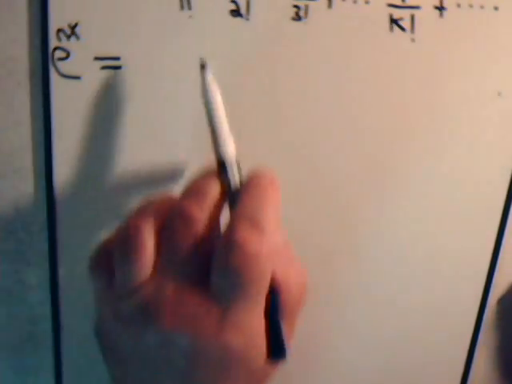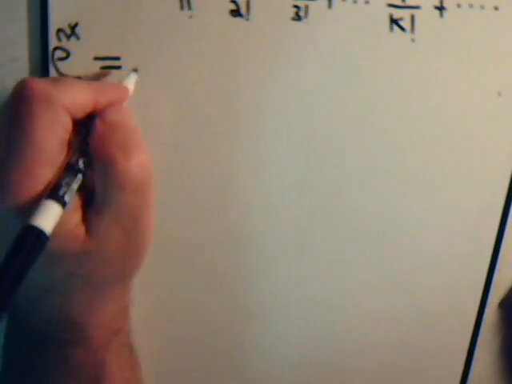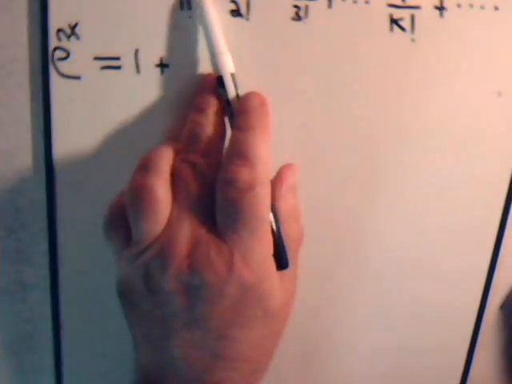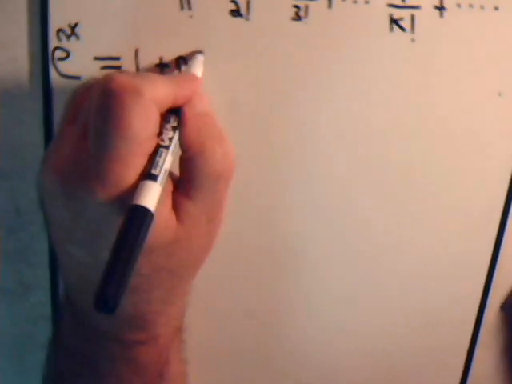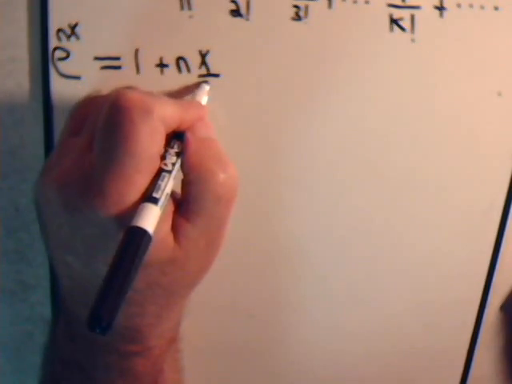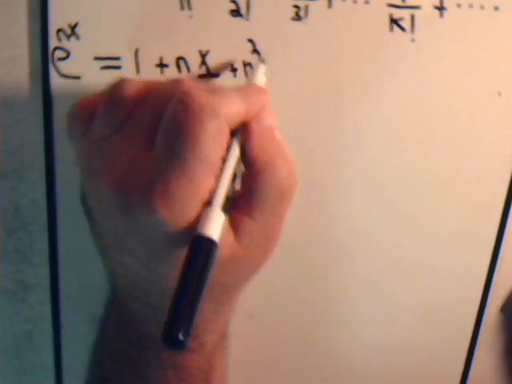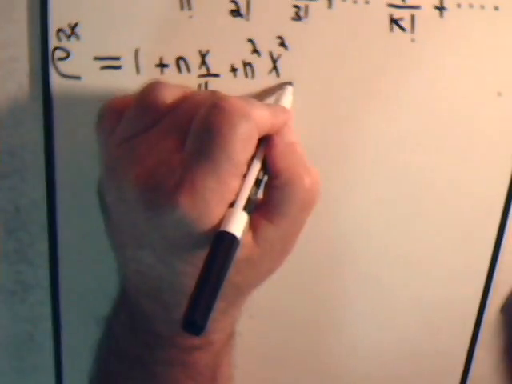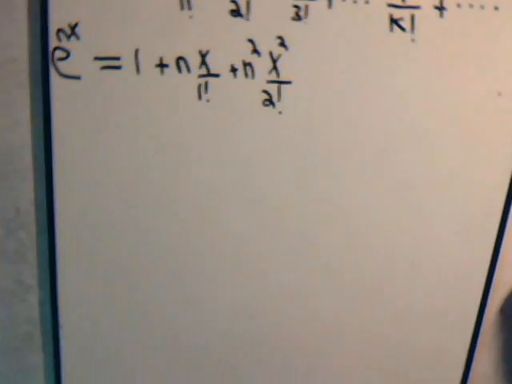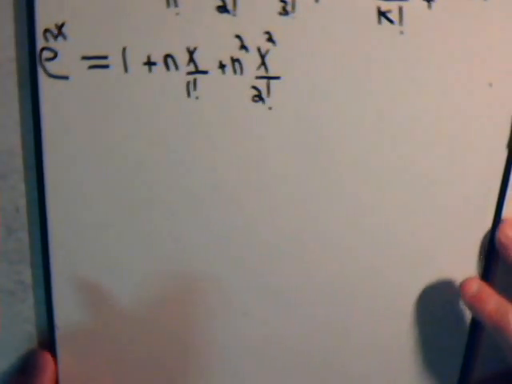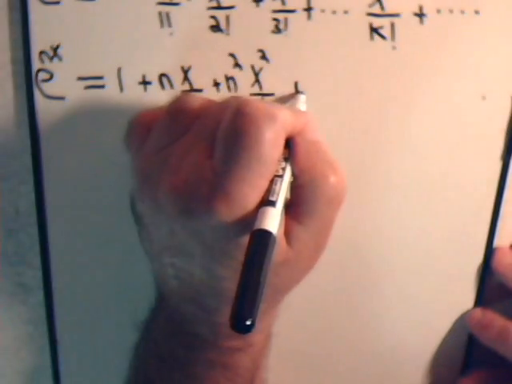So e to the nx turns out to be equal to, the x is just replaced by nx, so that's 1, that stays the same, plus the x is nx, so we have n times x over 1 factorial, plus for this term it would be n squared times x squared over 2 factorial. Try to keep these in focus, plus